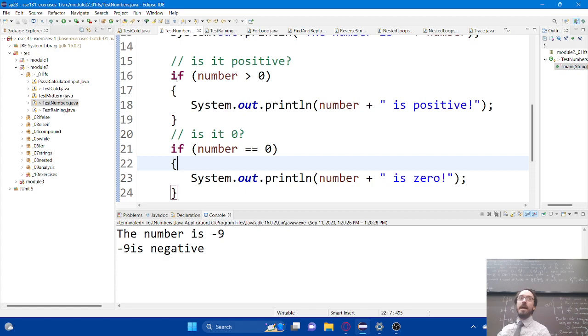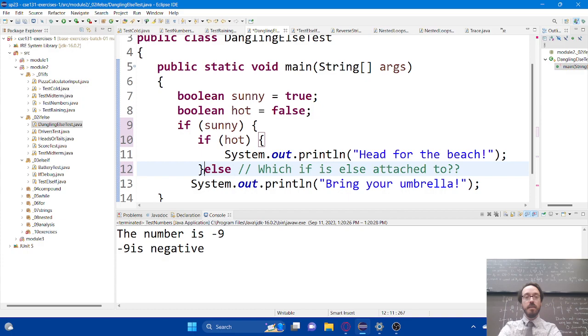So if I put the curly brace there, then it's attached sort of on the inside. But if I wanted to, I could include another curly brace here, which would kick it out and attach it to this if statement up top. Do you see that?